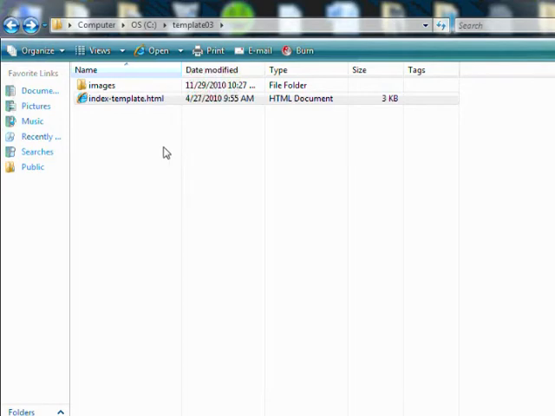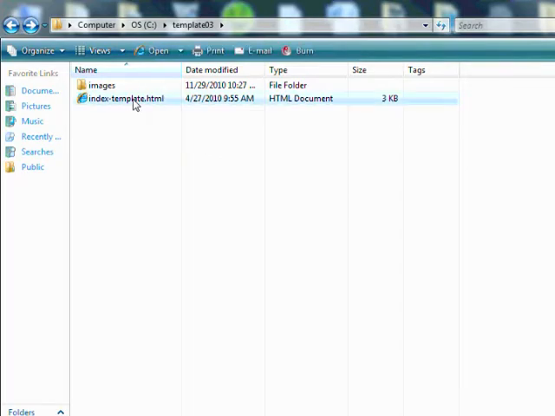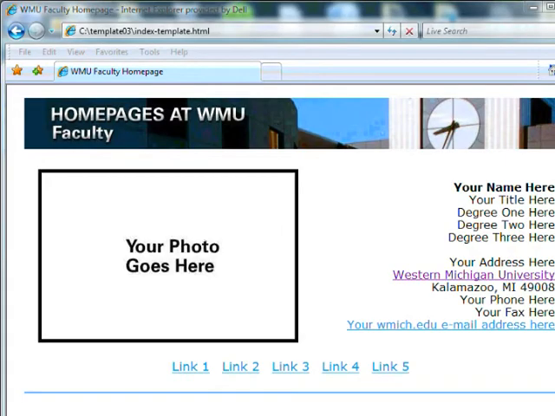Now that you've unzipped your file, go ahead and open the index-template.html page to take a look at what it looks like. Now you see the template home page, and it has a banner at the top and some information underneath there,